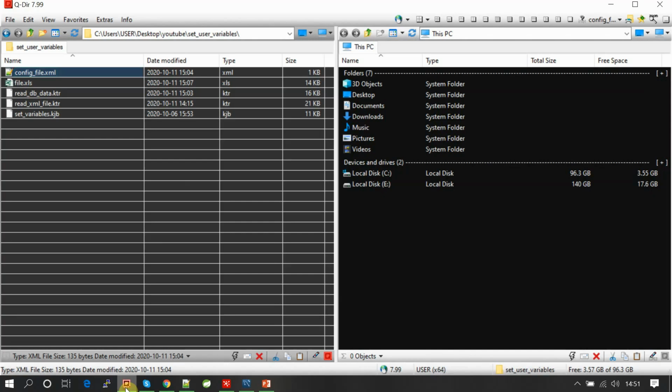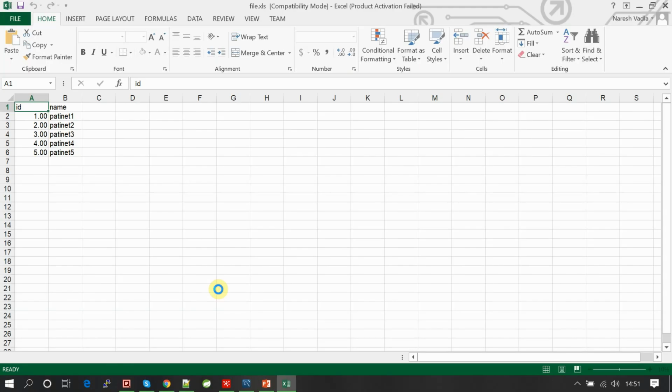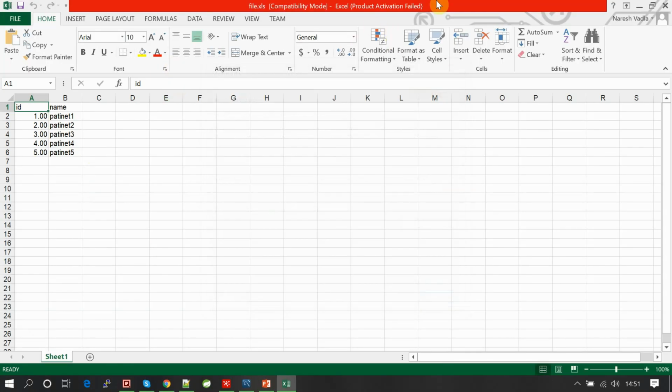And this is test data. I just took one CSV file with an ID and name, patient 123. It's just dummy data.